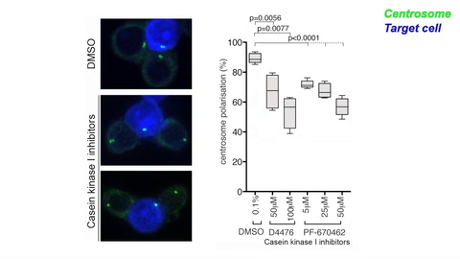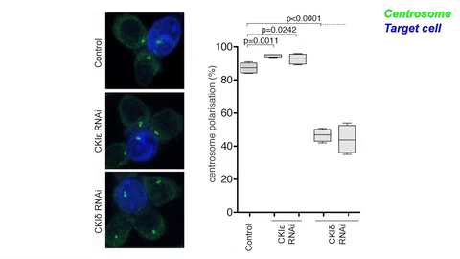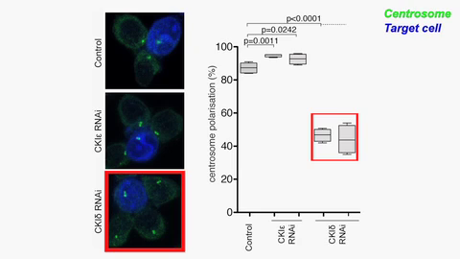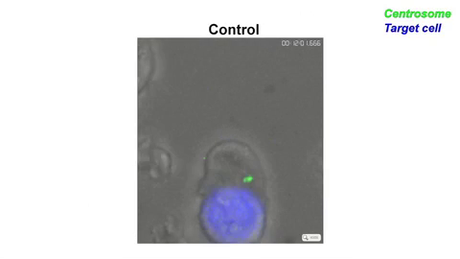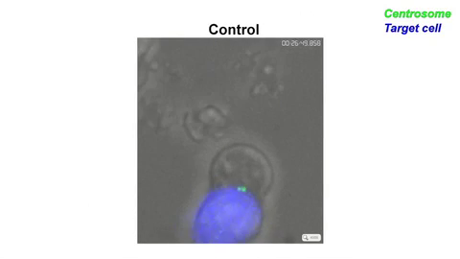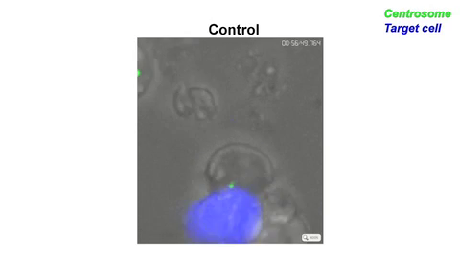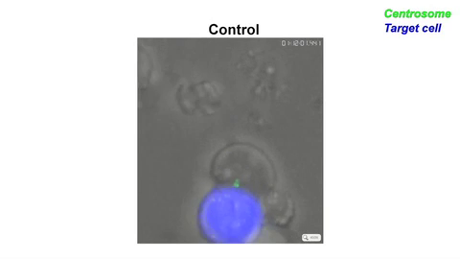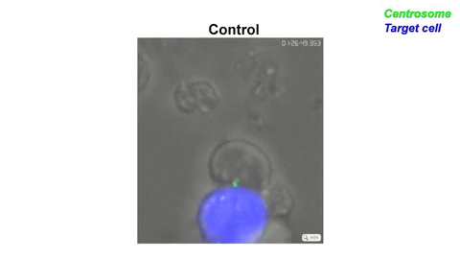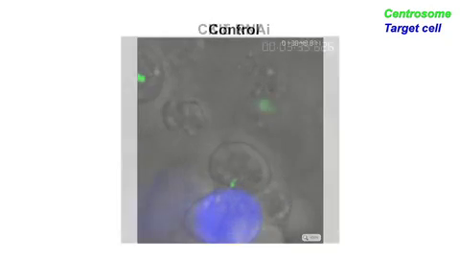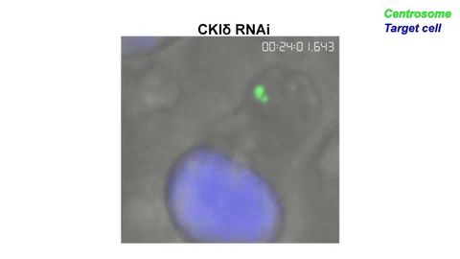These inhibitors block the delta and epsilon isoforms of CK1, both of which localize to the centrosome. The researchers knocked down both isoforms by RNAi and found that CK1 delta was required for centrosome polarization in T-cells. If a centrosome is not polarized, it might be because it didn't translocate, or it could be that it just was not maintained in this docked position. And the real-time experiments told us that actually it was the translocation that was affected by Casein kinase 1 delta